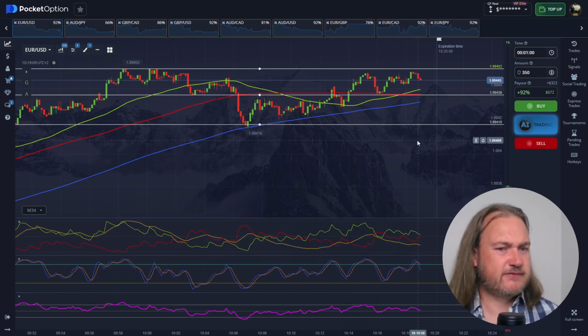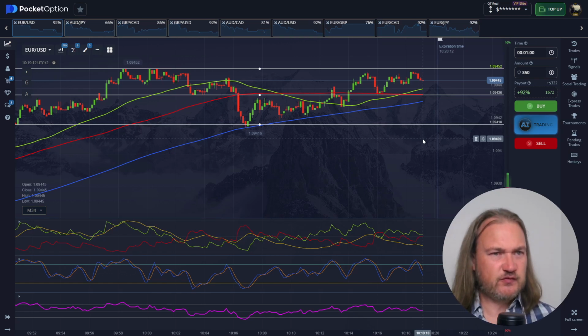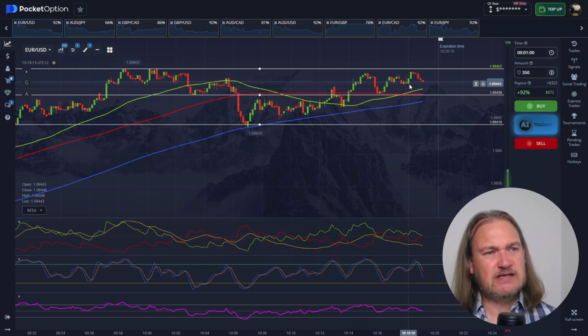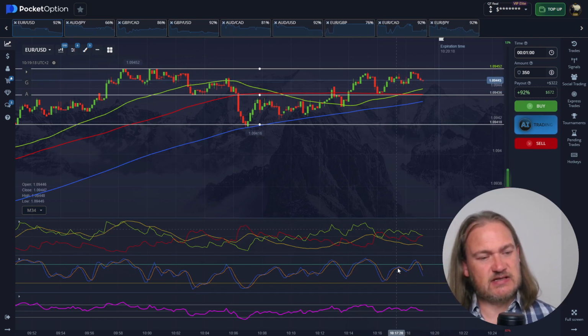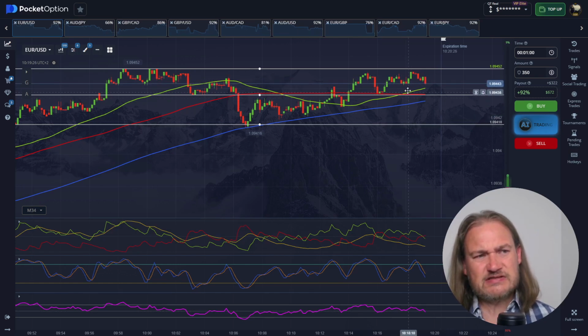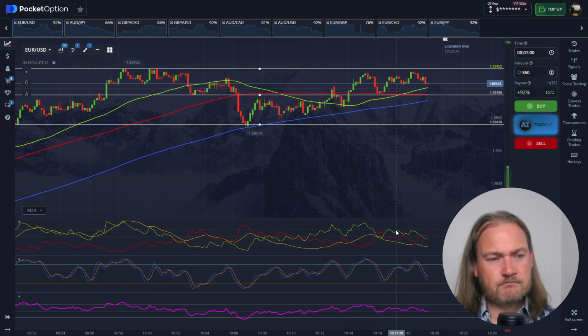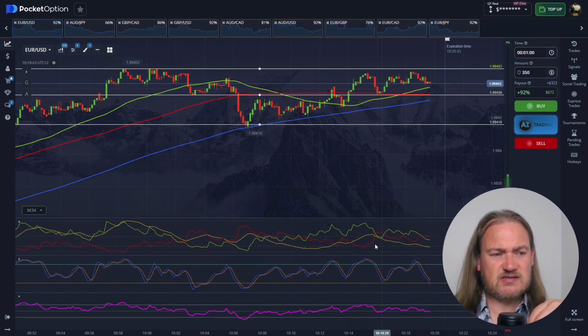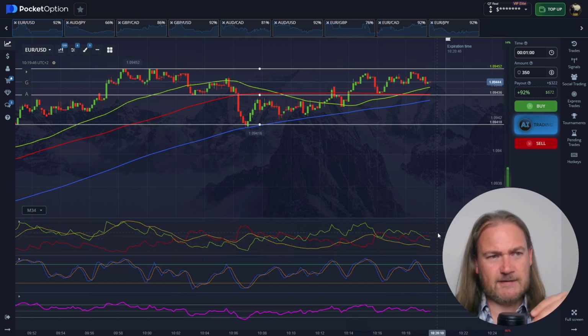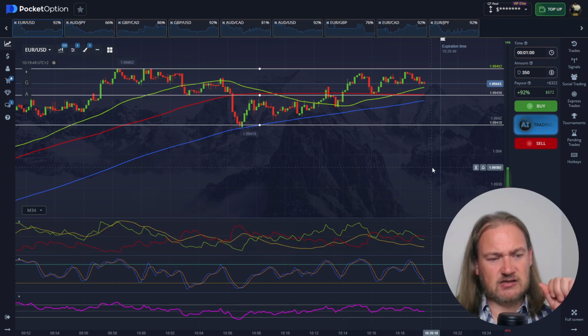Okay, so let's see if we get another trade. We're 18 minutes into the video. This trade was, although it was just above the RSI, or the RSI was just above the middle line, it's kind of too far for me from the moving average, and I had my RSI slowing down, telling me that the strength of this upward move is weakening. So I'm not going to risk taking a trade,